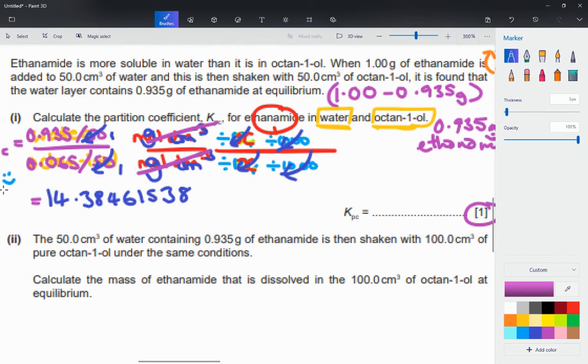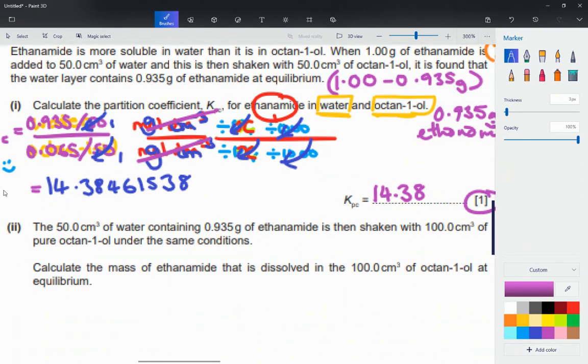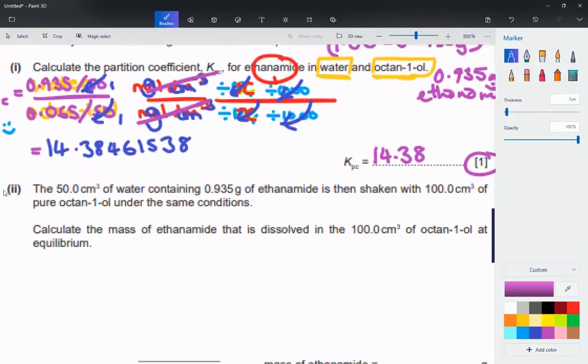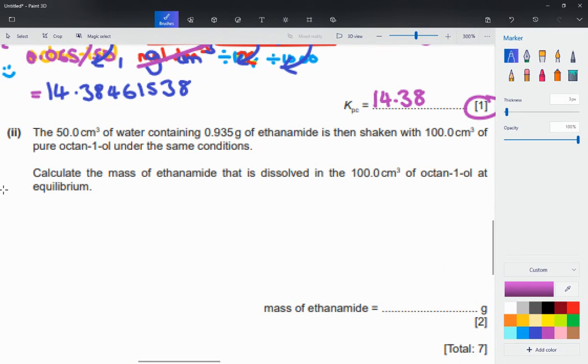And for this particular question, I would certainly not penalize 2 decimal places here, but for the question, the Cambridge mark scheme will accept a minimum of 3 significant figures for this one. You could actually get the marks just from 14.38, or even put in the full calculator answer. Okay, now